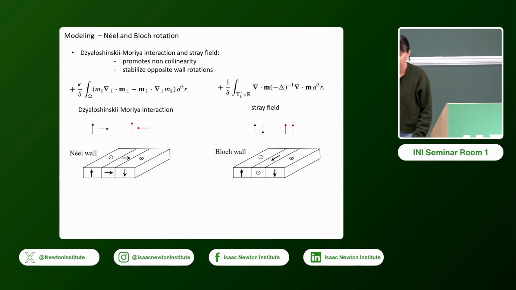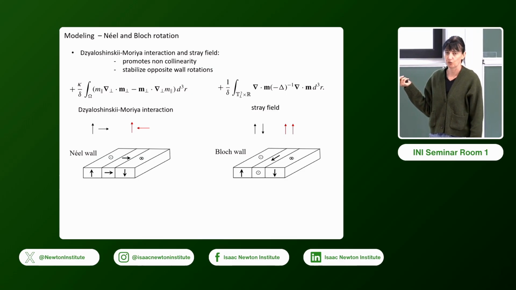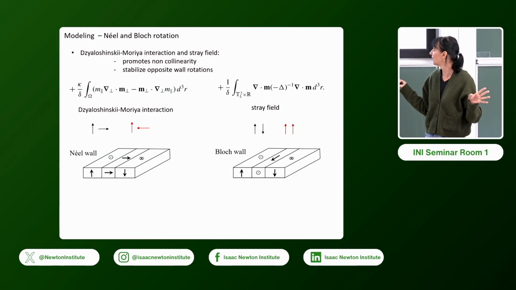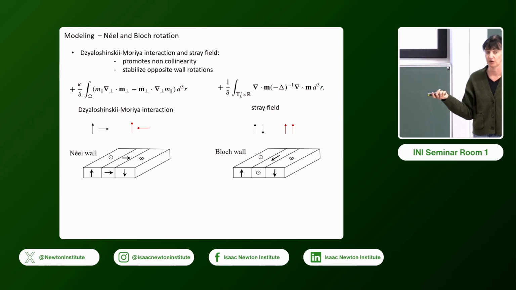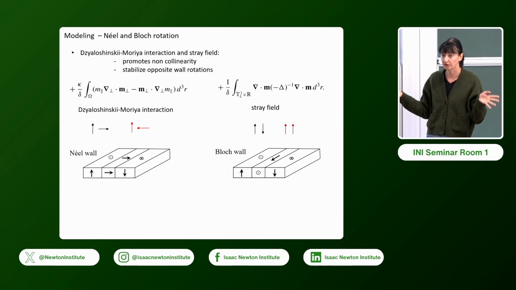So I will talk a lot about these magnetic charges, but here I want to say that I'm going to talk about two types of walls, and so two types of stripes. And why is it so? It's because we are considering these two energies, which are the two energies which are favoring the non-collinear alignment and